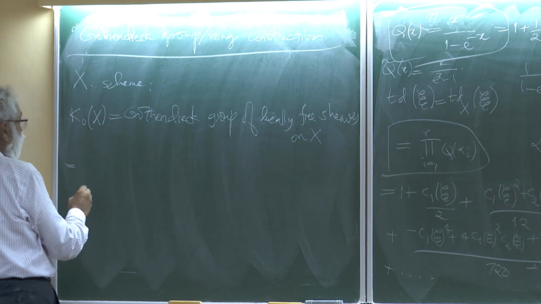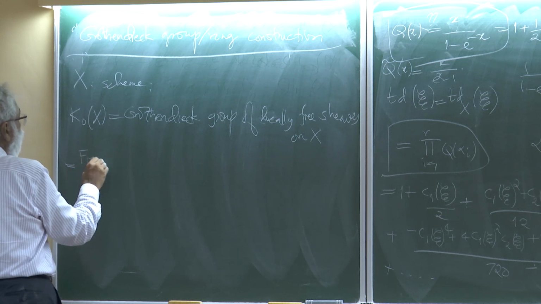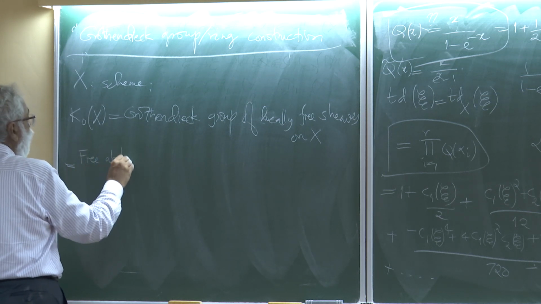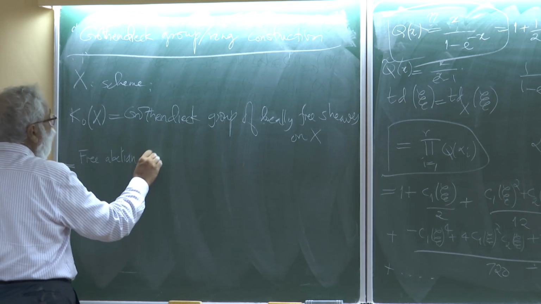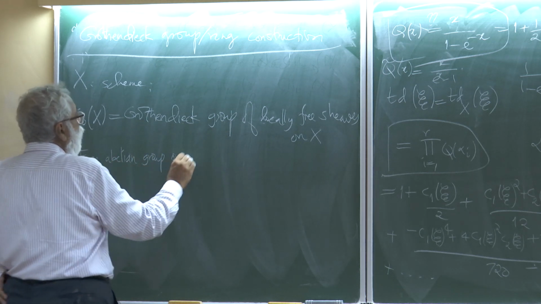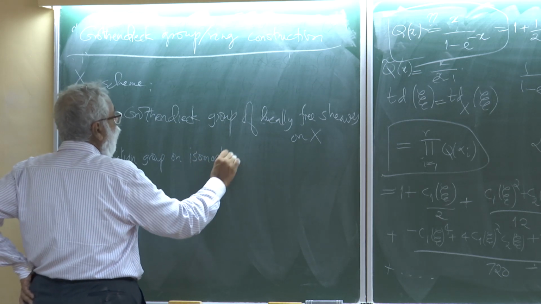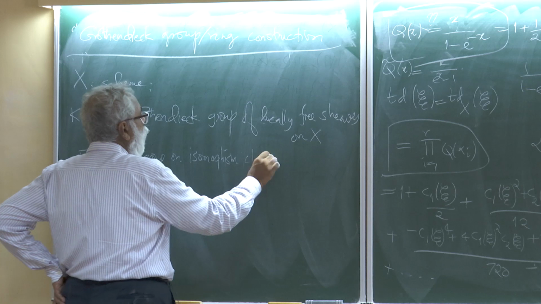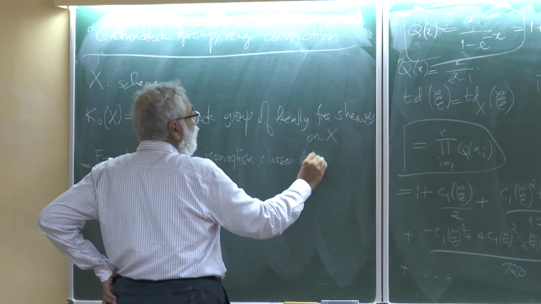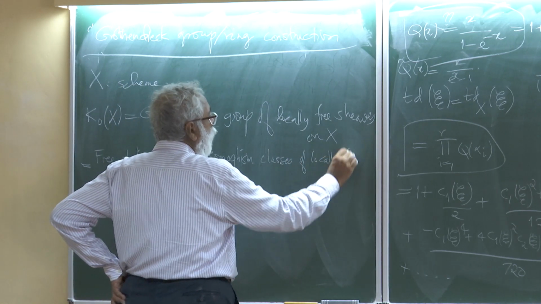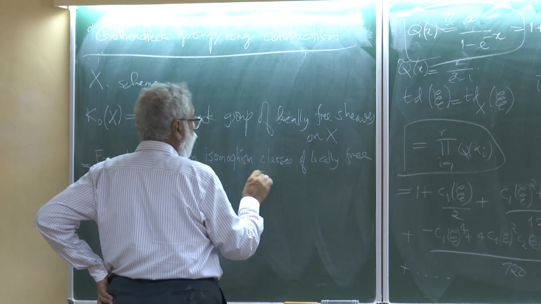It's a quotient. It's the free abelian group on isomorphism classes of locally free sheaves